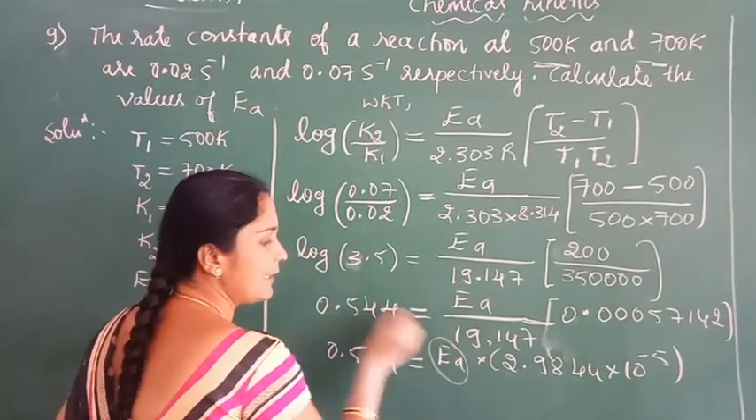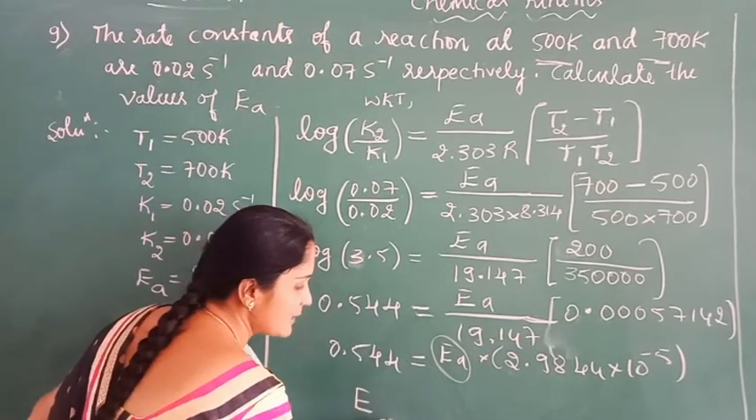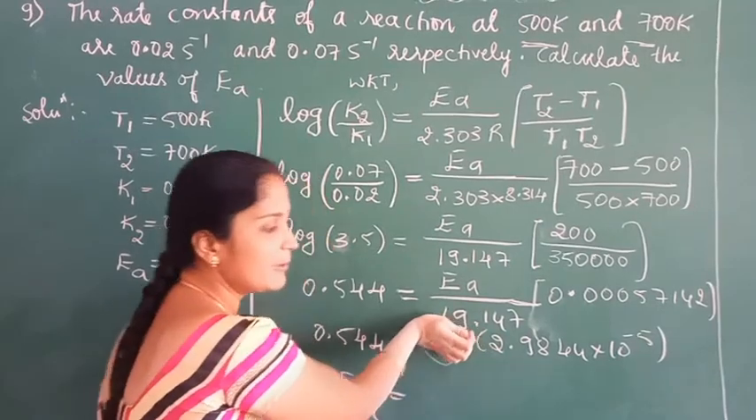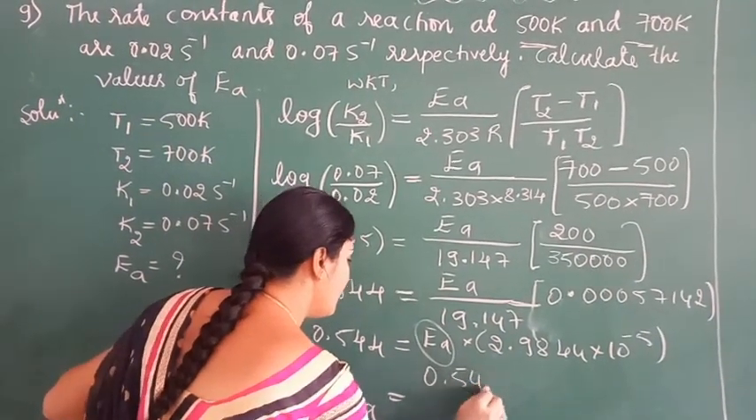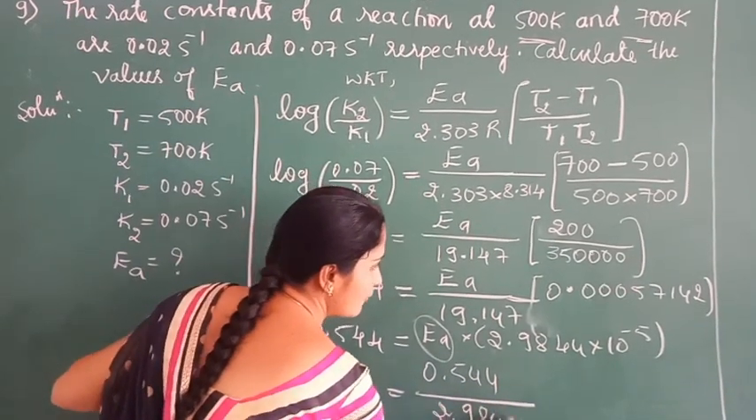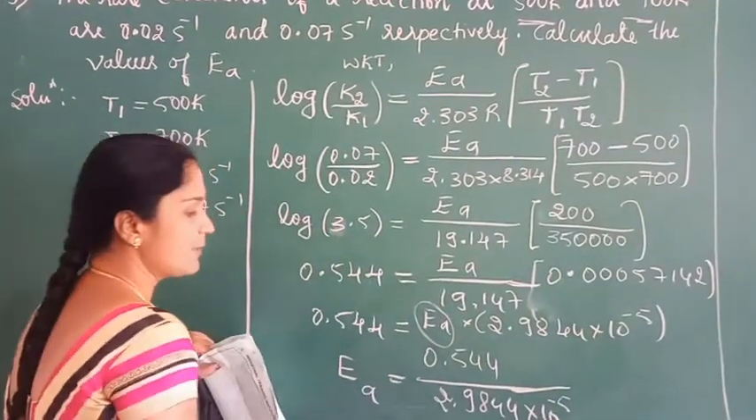Here we have to calculate the energy of activation. Therefore, EA, activation energy, equals 0.544 divided by 2.9844 into 10 power minus 5. So we get,